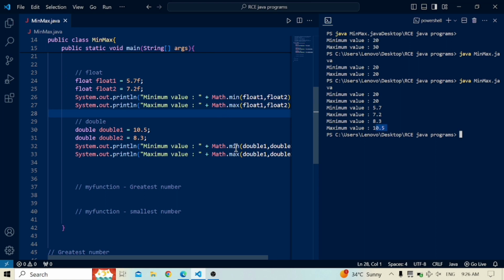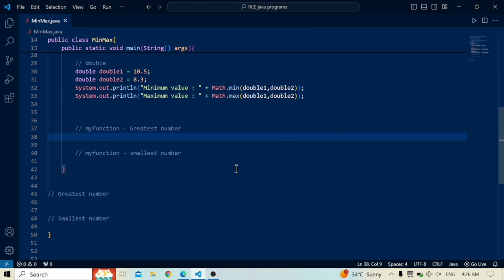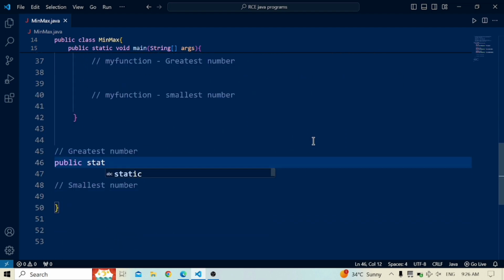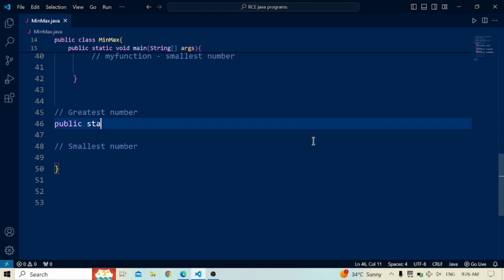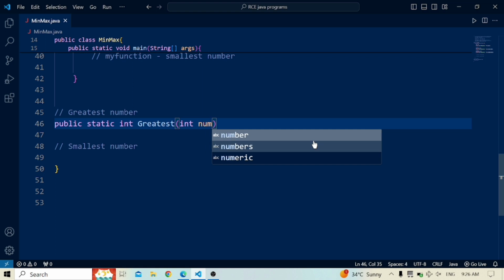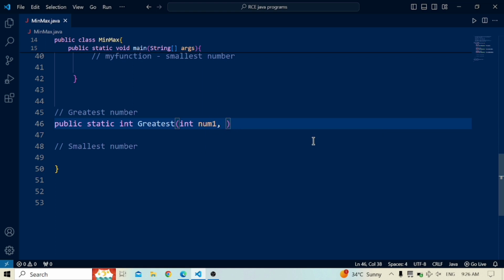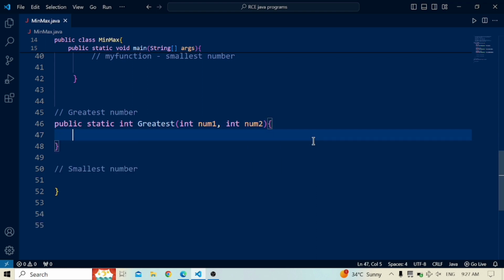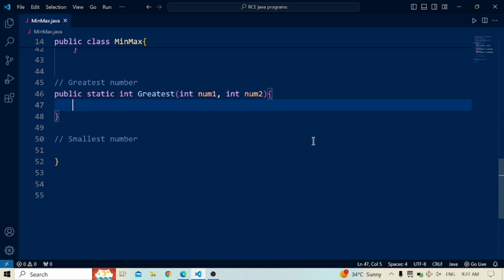Now it's time to create our own method. First we are going to create a greatest number method. Public static. Let's zoom in. Public static, then I'm going to write int, because we are just going to take integers. Greatest, and inside greatest I'm going to pass int number1, and one more number, int number2. After that we move to the bottom, and if number1